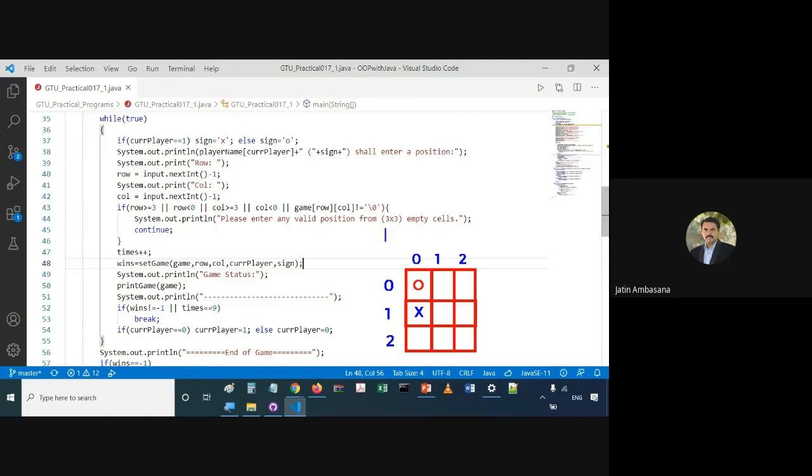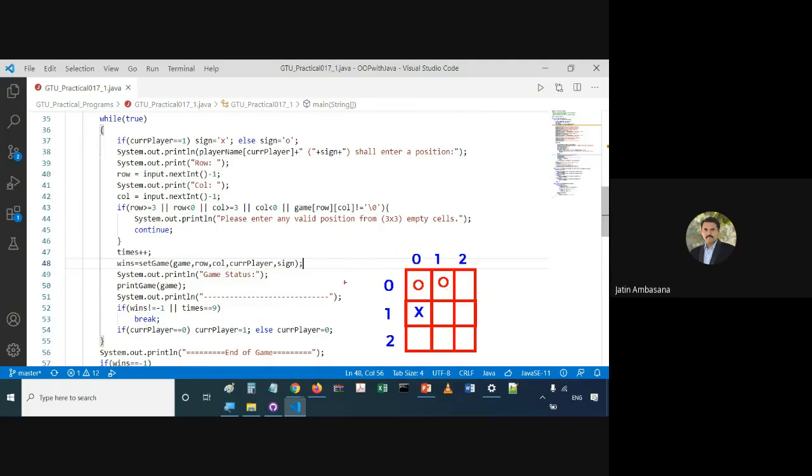Again the user enters some number. Now it's O's turn, so it will enter, let's say, row number 1 comma 2. So basically that index becomes 0 comma 1, that is the 0th row and first column. Now the user enters at this particular location, and then we check whether these two are correct. These two are correct, but whether these other two are correct or not, that will be wrong. So it will not say that this is a winner.